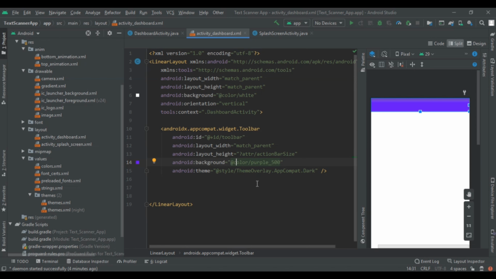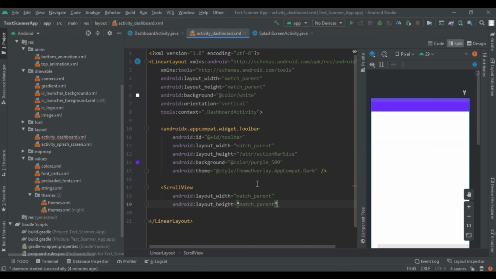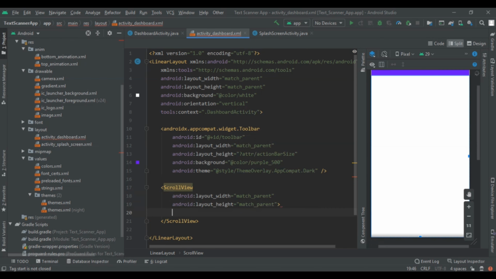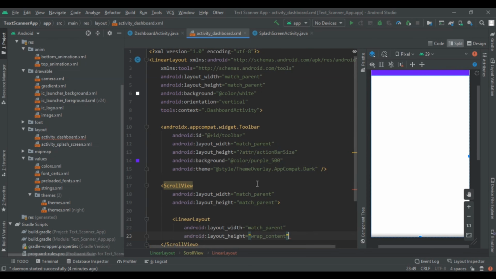So first we are going to apply the scroll view so we can scroll our design through. So writing scroll view and give its width to match parent and height also match parent, and then start that scroll view. And as scroll view needs only one layout, we are going to design our complete layout in linear layout. So linear layout, and width will be match parent and height will be wrap content, and give its orientation to be vertical, and then start this linear layout.